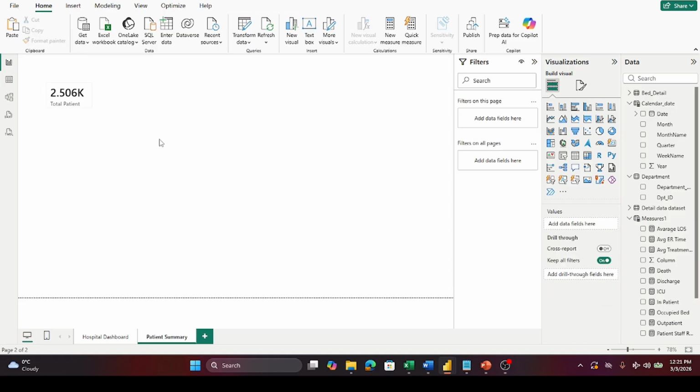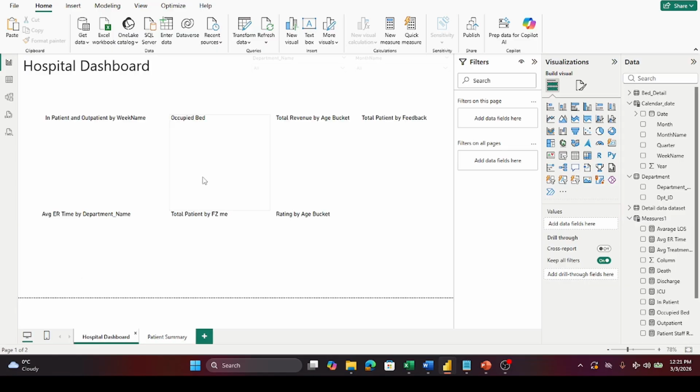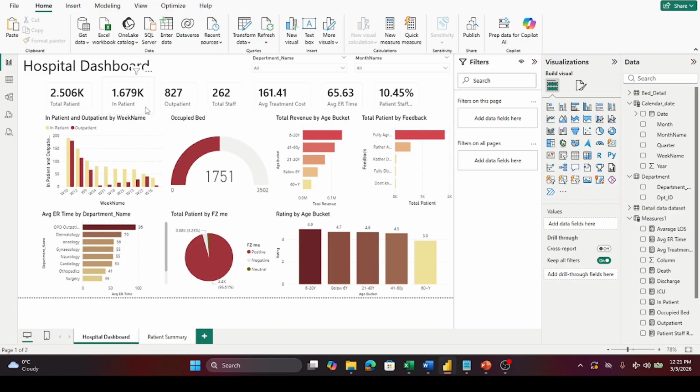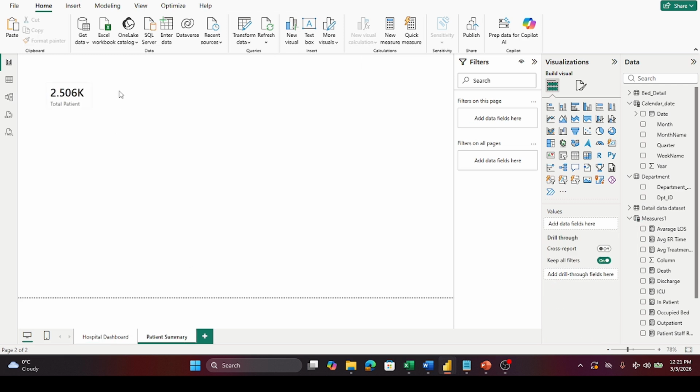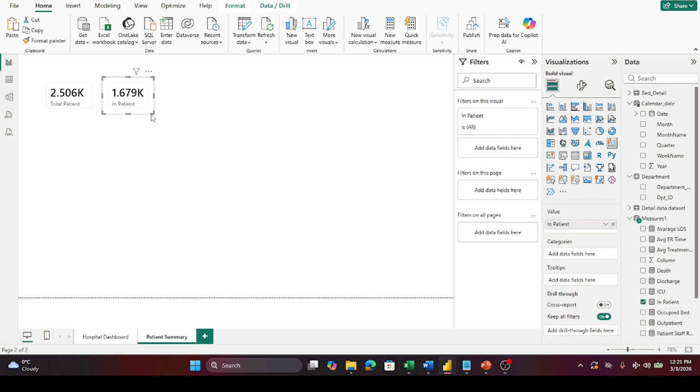This dashboard is patient summary, and the second one is the same we have already created, because in the patient summary they will have inpatient details. Inpatient,